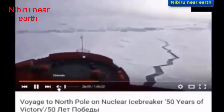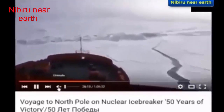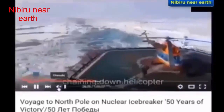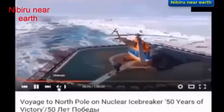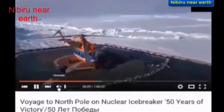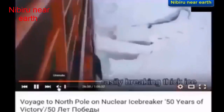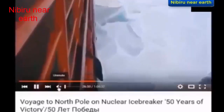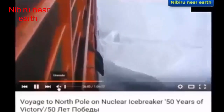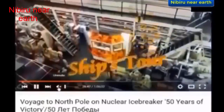So this ship goes out there. It's been out there a few times now that I've managed to watch. The captain tries to get it on the spot of where the magnetic North Pole is, or 90 degrees, as you've seen on his GPS. And I don't know how long they've been doing that. I suppose this vessel had a commercial purpose at some point, breaking the ice for other ships to follow through. But it's just great that we've been able to obtain the information, because now we've got a location for the magnetic North Pole, and it's not forecasted for at least